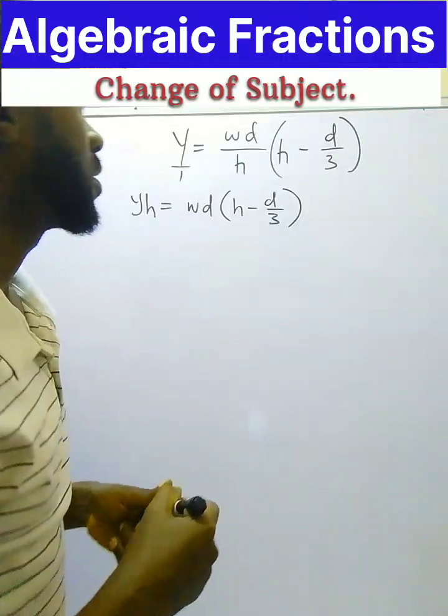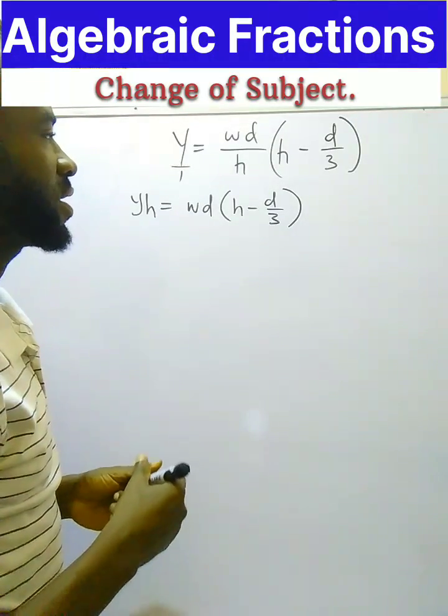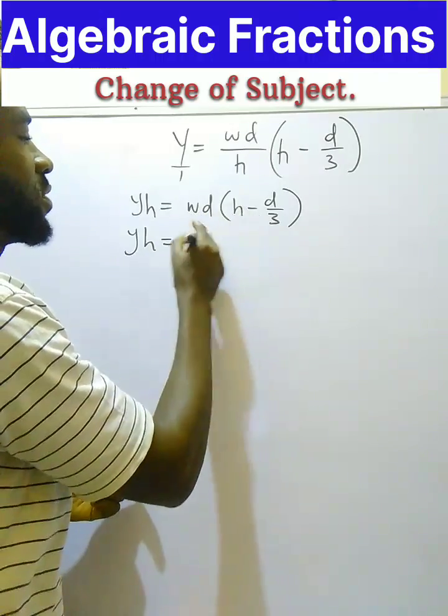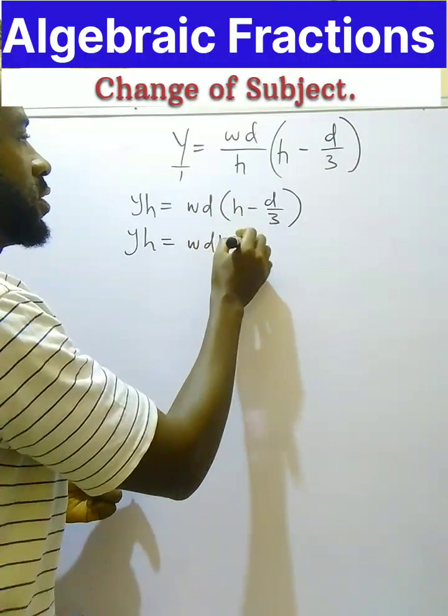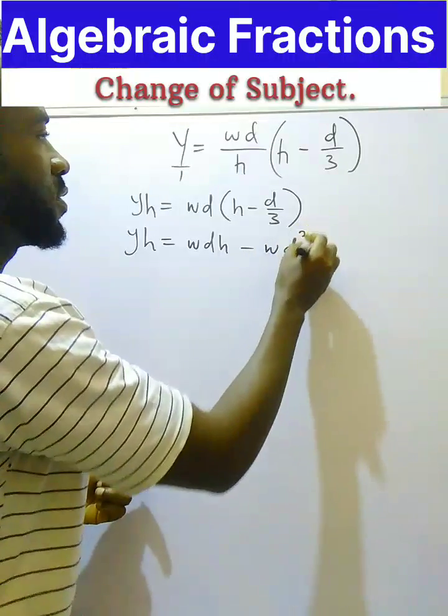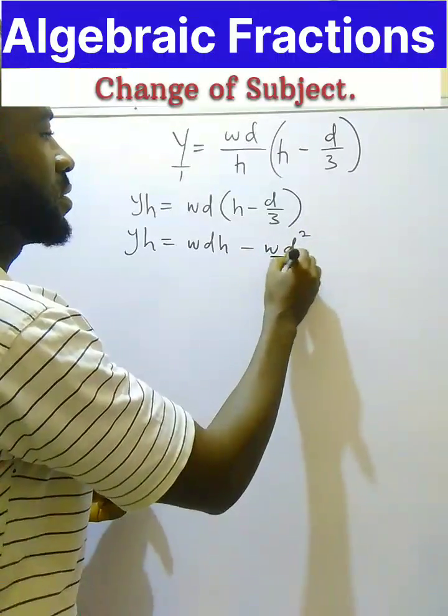Okay, good. So next we are going to expand the bracket now. Wd times h is wdh. Wd times this will give me wd square over 3. Okay,